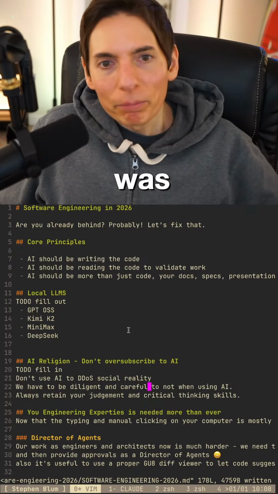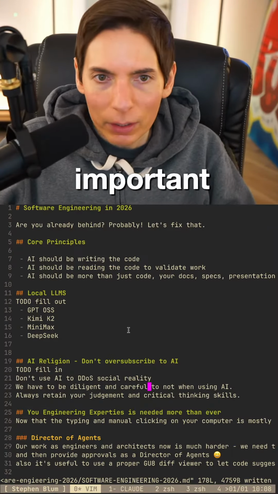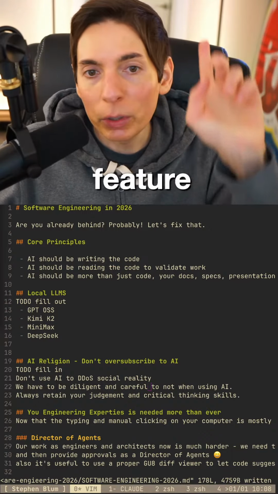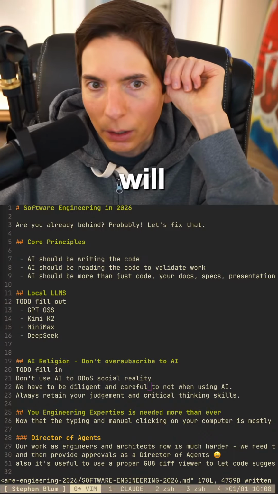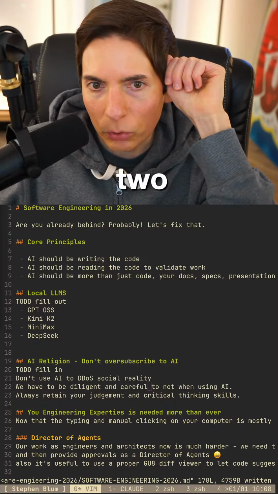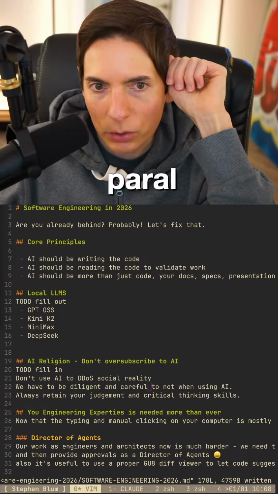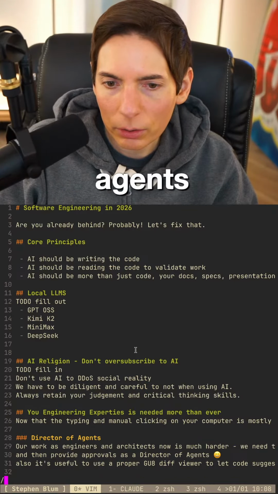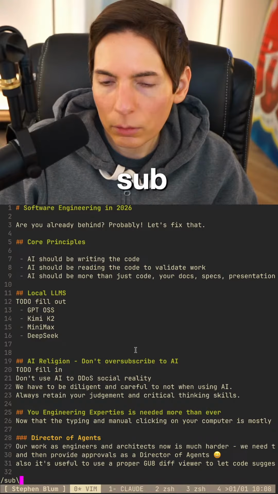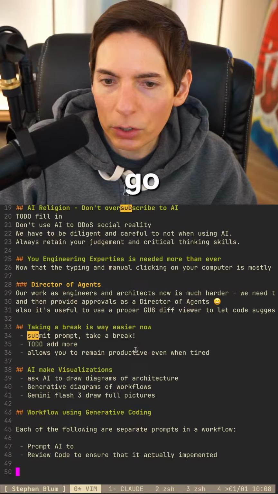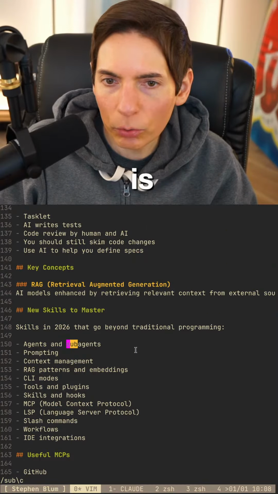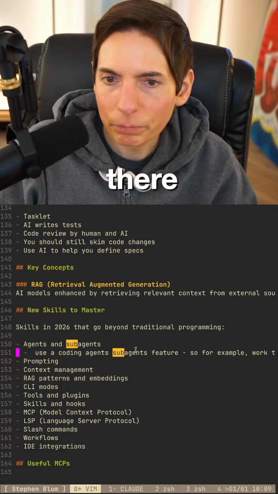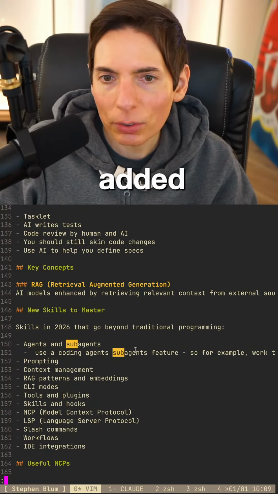It was crazy. Another important note, Stephen, is to use the coding agent sub-agent feature. Yes, we do need to walk through that. We will. For example, it would take 2 days to take 4 days, hours, with parallel sub-agents. Spawn like clones. Okay, yeah. I do have sub-agents in here. Here we go. Sub-agents around here. Where is that at? Here it is, right there. Okay, there you go. All right, added sub-agents.